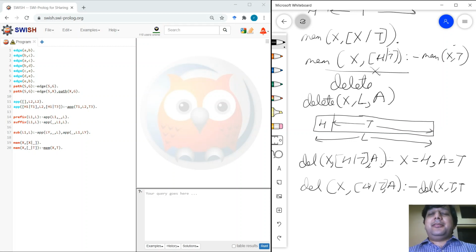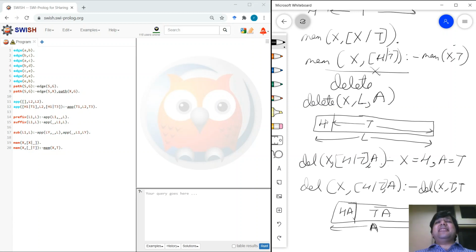So let's break down the answer also into the same fact. So this is my answer variable. My answer variable also has a head answer and a tail answer. So we're considering the case where it did not occur in the head, or for some reason you did not want to delete it from the head. So H will become is equal to HA, and